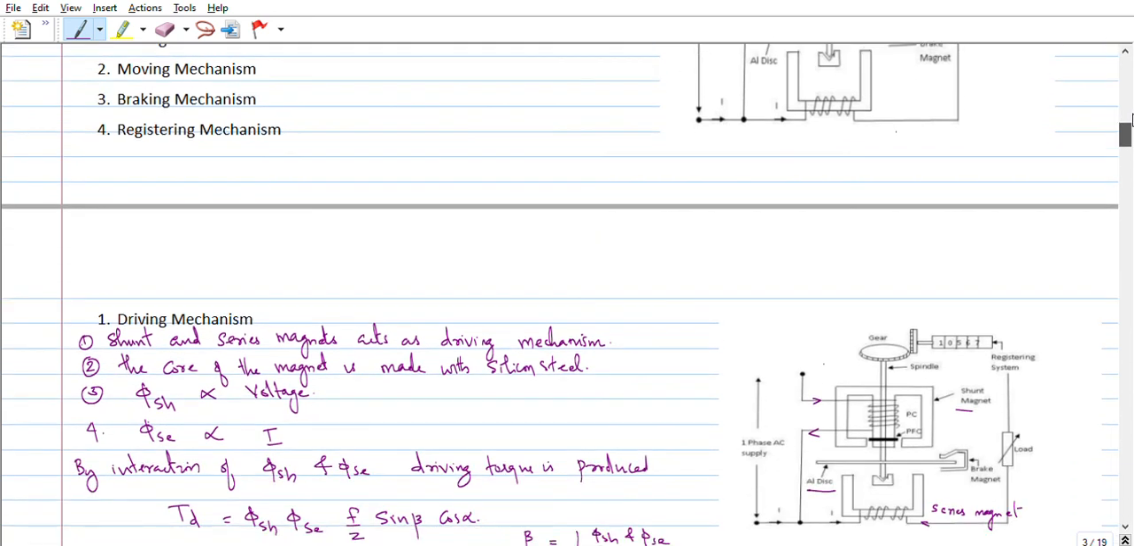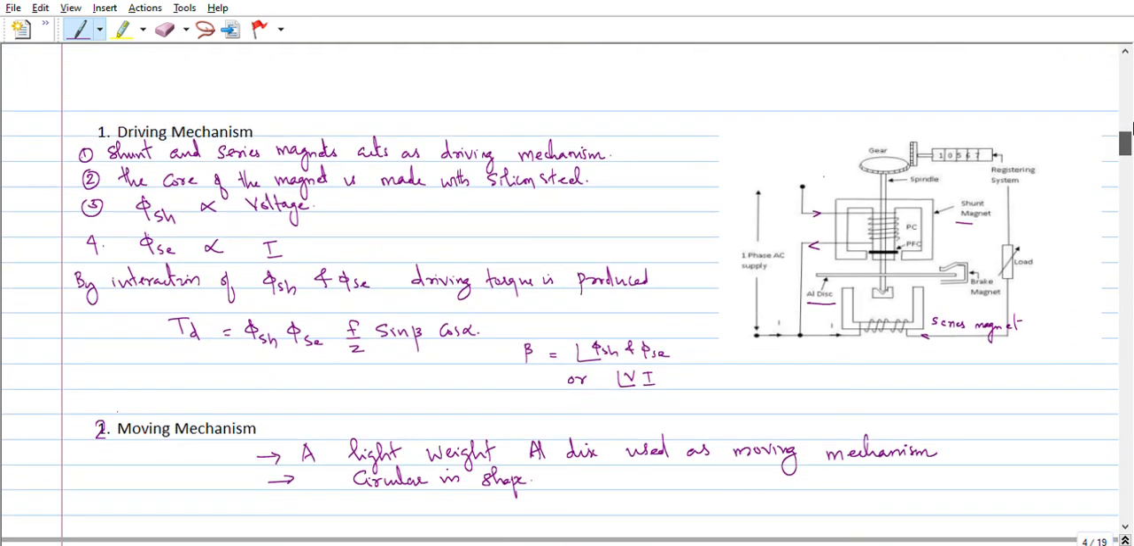Then നമ്മൾ ഓരോരോ മെക്കാനിസം പറയാം. Who is responsible for the driving mechanism? Shunt and series magnet act as a driving mechanism. Then the core of the magnet is made up of silicon steel. Then the flux produced by the shunt magnet is proportional to voltage and the series magnet flux is proportional to the current. By the interaction of these two fluxes a driving torque is produced and the equation is